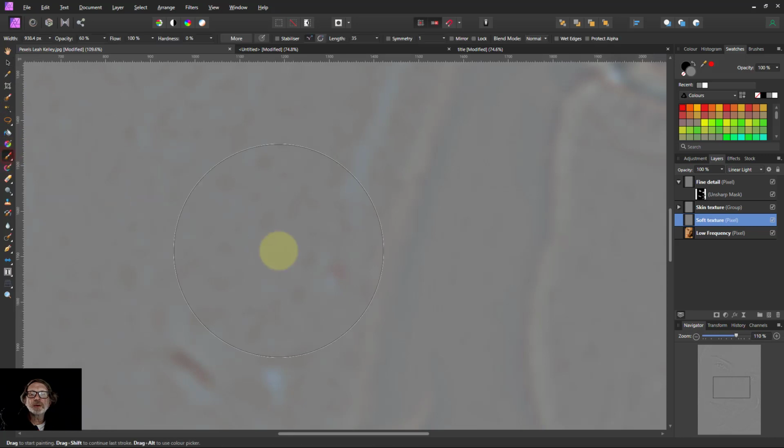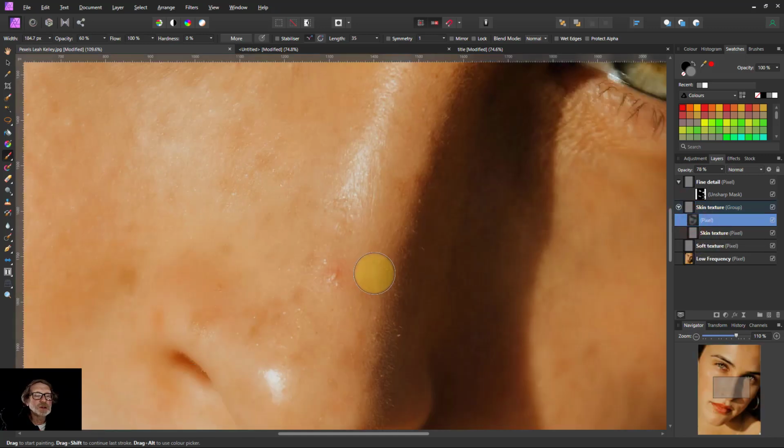Get the paintbrush tool and paint that away. Go to alt click this layer. Just look at the detail on that. So I've got this pixel layer on that. So if I paint on here, see the way that takes that away,